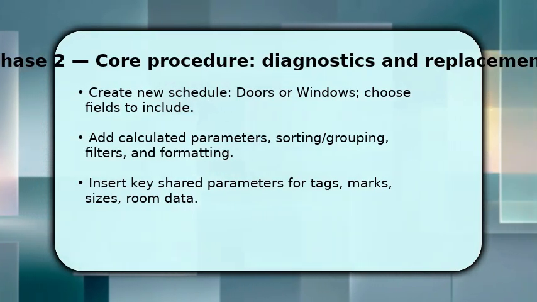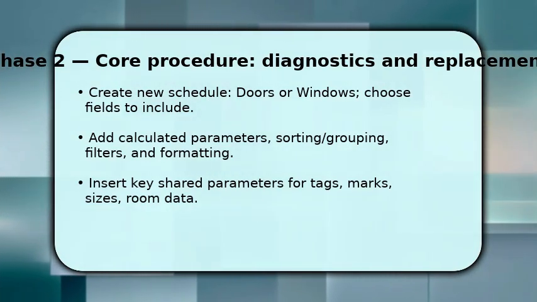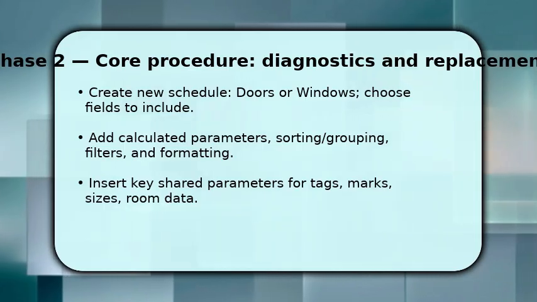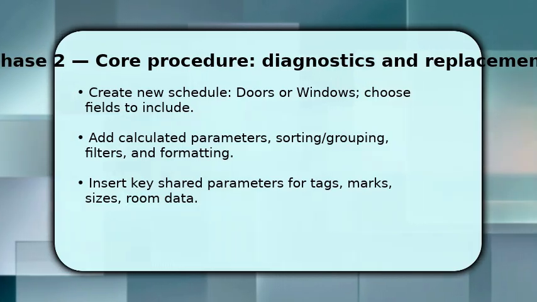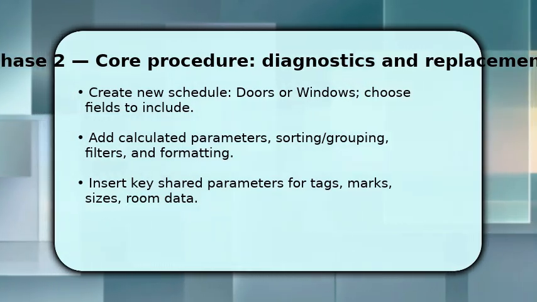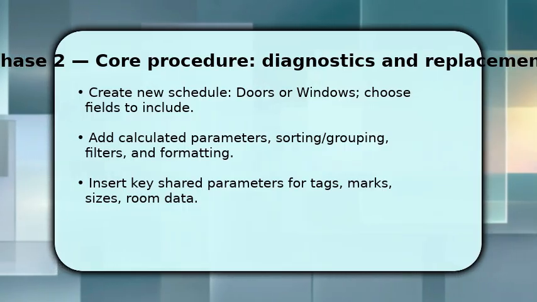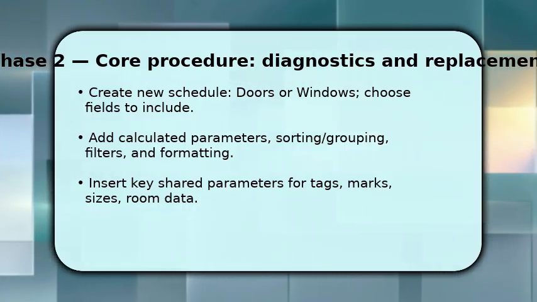Pick doors or windows and add fields like type, width, height, mark, and room. Then configure sorting and grouping. Group by type or level so counts aggregate. Add totals if needed. Use filters to exclude placeholders or work-in-progress types, and format columns for units and alignment to